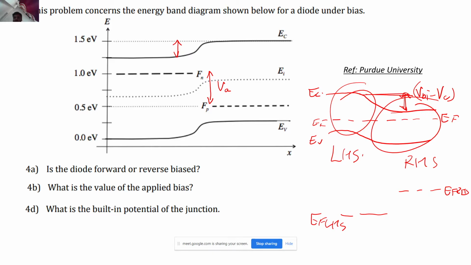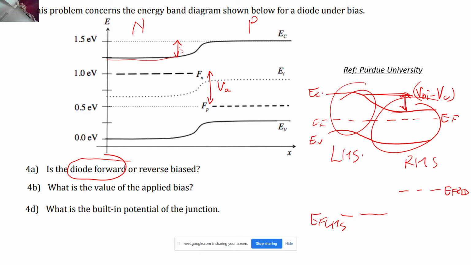Because of applying the forward bias, let's first mark out the regions. This is the P side and this is the N side, correct? What we have done is pushed the N side on the upper side, and you can think of it as having pushed the P on the downward side. Because of this, as someone said, this barrier that was present decreased, and the Fermi level difference is clearly visible. That is the quasi Fermi levels, correct? So the diode is definitely in the forward bias condition.